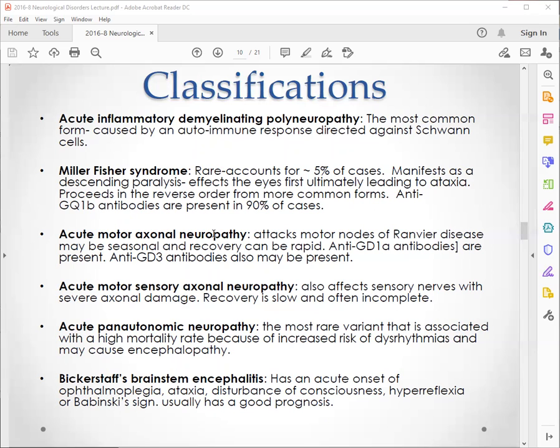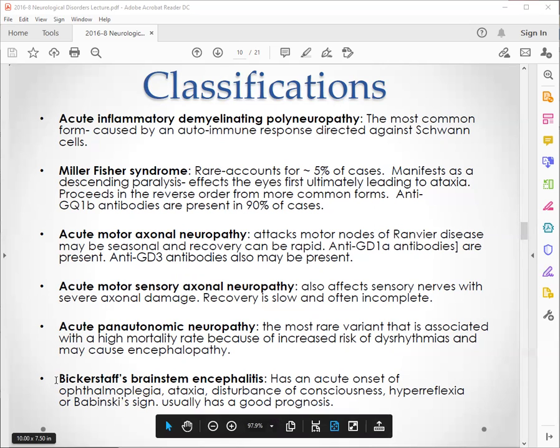Acute motor axonal neuropathy attacks motor nodes of Ranvier. Disease may be seasonal and recovery can be rapid. And there are specific antibodies that are present with this type of Guillain-Barré syndrome. Acute motor sensory axonal neuropathy also affects sensory nerves with axonal damage. Recovery is slow and often incomplete. Acute pandysautonomia is the rarest variant, associated with a high mortality rate because of increased risk of dysrhythmias, and may cause encephalopathy. And then the final one is